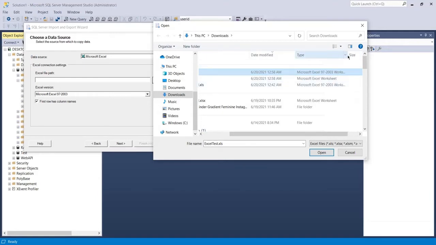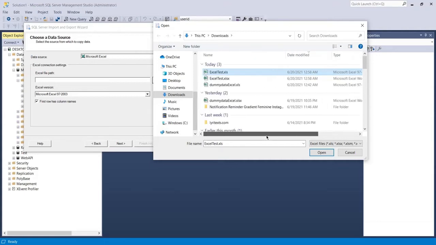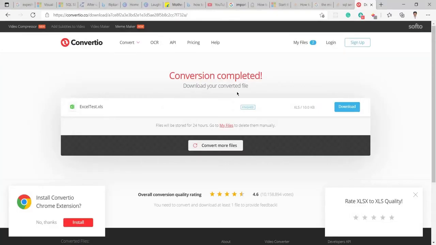But if you have created your document in 2007 or 2010, 13 or 16, then you must convert the XLSX file into this format. You can do it from this website. I will put the link of this website in the description section.